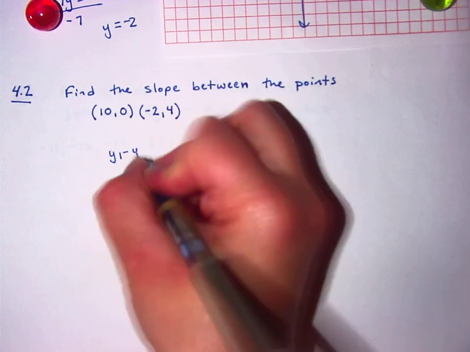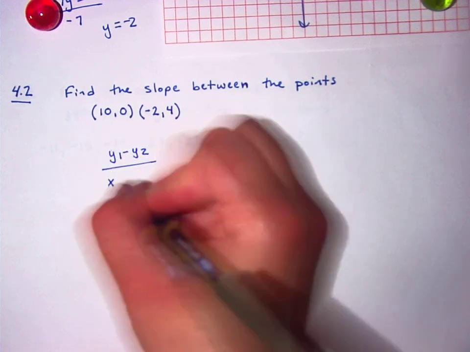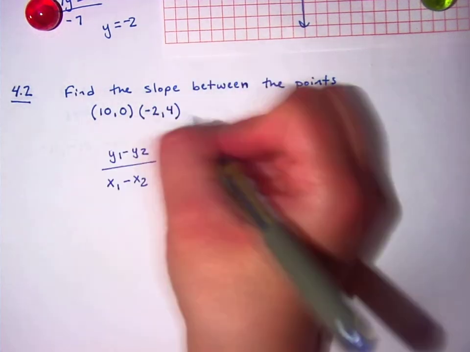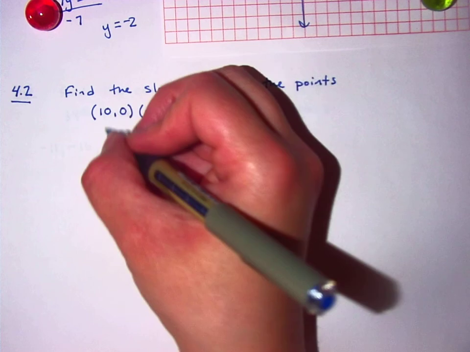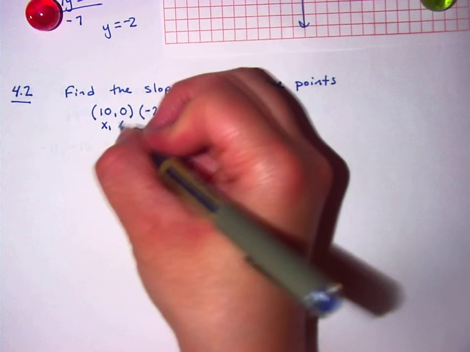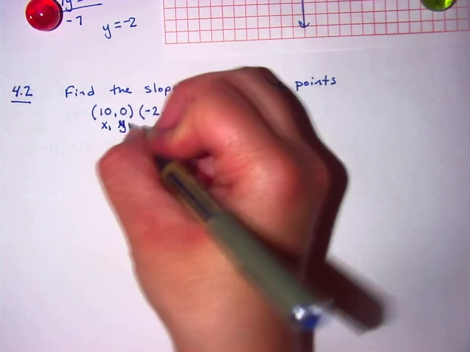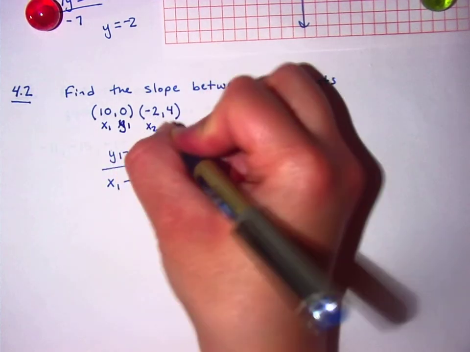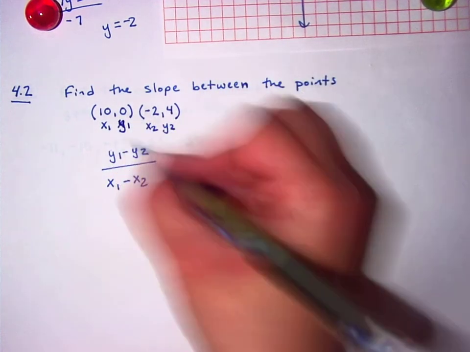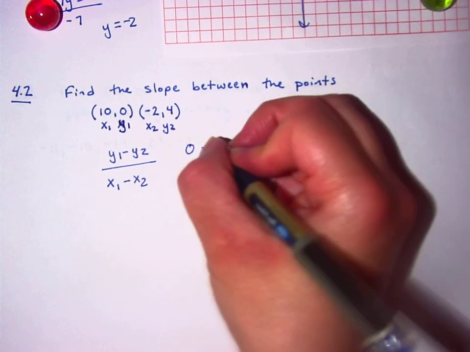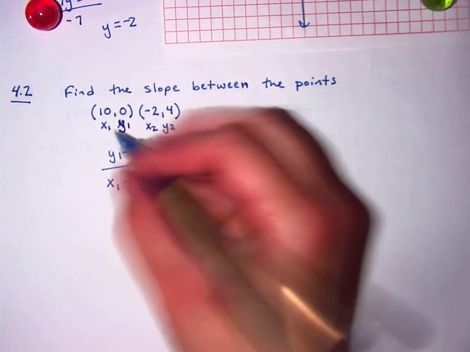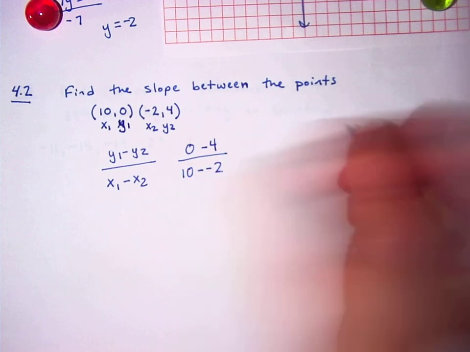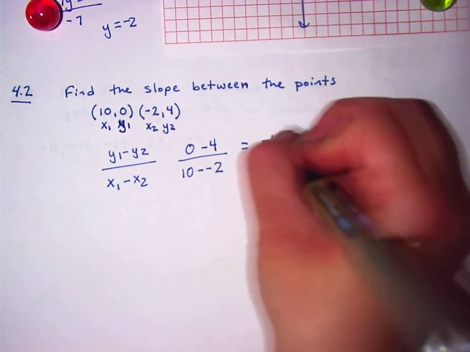So y1 minus y2, that's the rise over the run, which is x1 minus x2. So let's see, you can call either one of these points x1 and y1, but remember one of them is x1 and y1. And this one is x2 and y2. So y1 is 0 and y2 is 4. So x1 is 10 and x2 is negative 2. So that makes negative 4 over